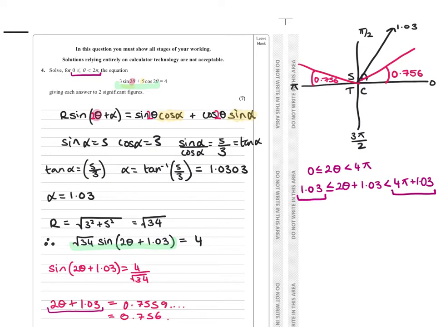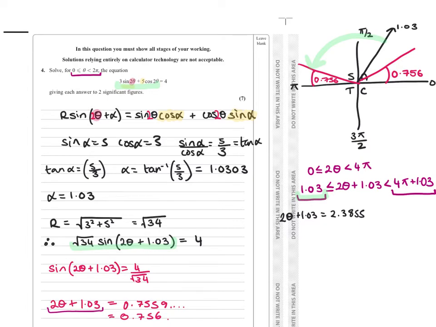So it says we start at 1.03. Anything less than that, we don't. So if I start here, we're not starting at 0 because we have to start here. So I start here and I go around until I hit my first pink line because this is where we've established is where it crosses. Okay? The solutions. Okay, my first pink line. Pi minus 0.756. So if I put that into my calculator, I'm going to get 2 theta plus 1.03 equals